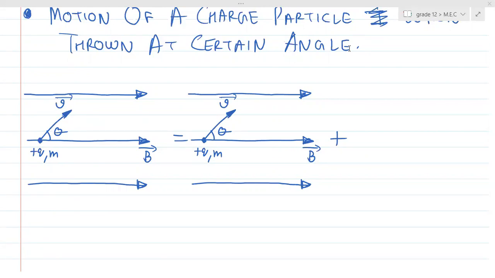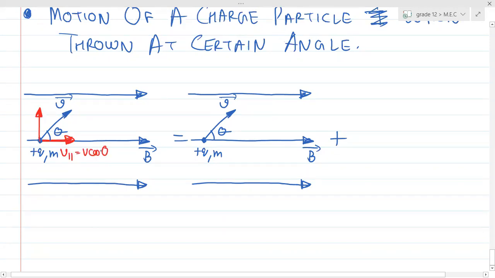So, guys, what am I doing over here in this case? I'll be just breaking this velocity into two components. What are those two components? One will be the perpendicular component, and one will be the parallel component. Can you see V parallel? What is this V parallel component? It equals V cos theta. And can you see this V perpendicular is equal to V sin theta? Guys, can you hear me?